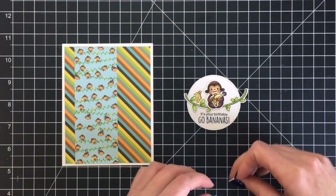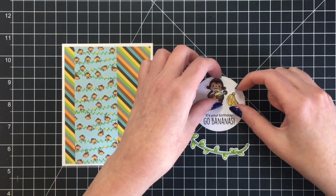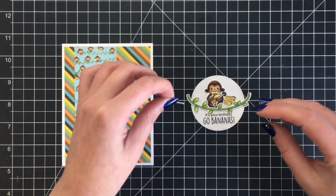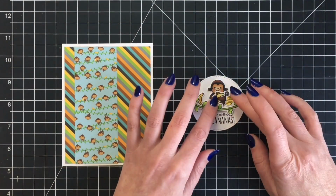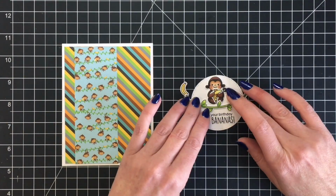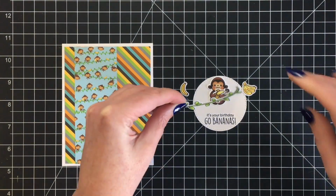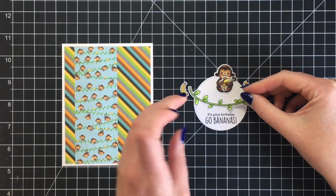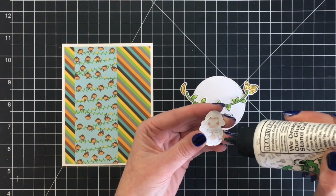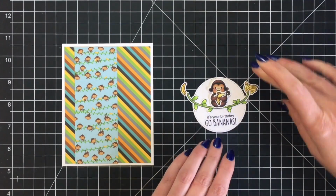Plus, as you saw at the beginning of the video, I had a ton of bananas already colored up, so why not use them? So I'm just going to play around here with placement. This will change as I go. I do want the larger bunch of bananas to the right hand side just to balance out that side of the circle. So I'm going to place my vine down first and then have my little chimp sitting right in the center. I'll add the bunch of bananas to the back of the chimp,